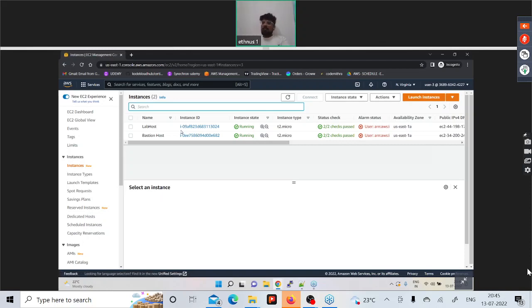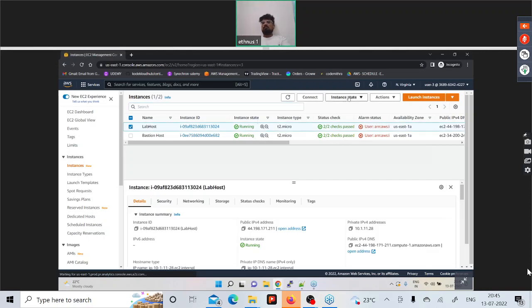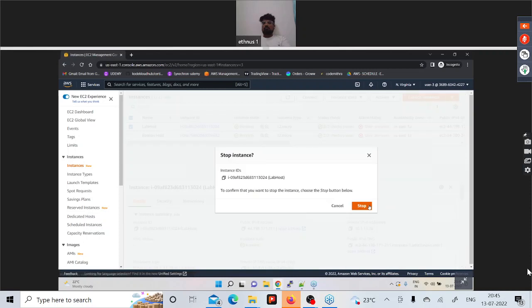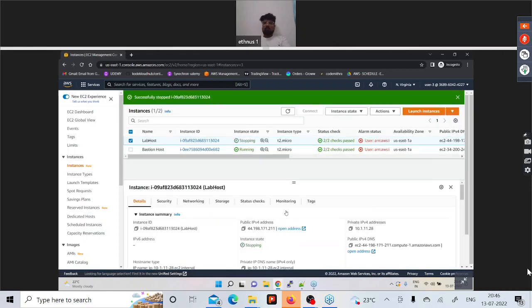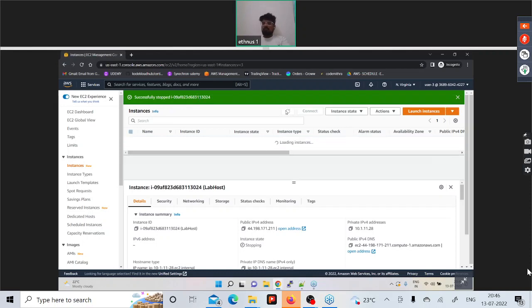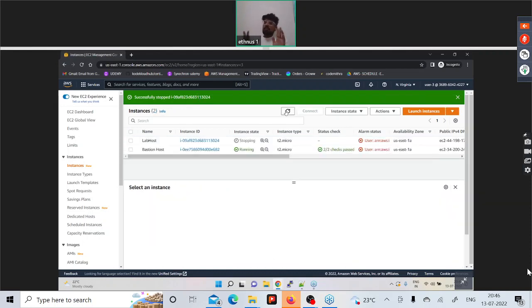Additionally, this admin can also stop the machine, but we were not able to stop the machine using user 2 because he was a part of the EC2 support group. Now let's try to validate this. Let me try to stop this machine now. Look at this. We can do this. Successfully stopped the machine. So that's how you have validated all the 3 users, which are having different policies attached,